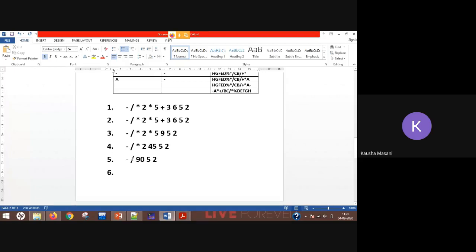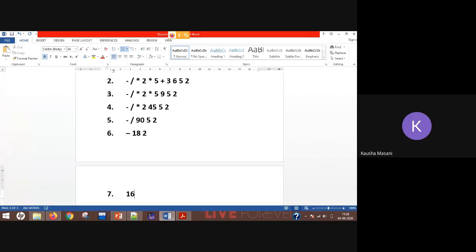Alright, now the immediate operands to the right hand side of your divide are 90 and 5. So 90 divided by 5. Alright, so here it will be minus, and 90 divided by 5 is 18, correct? And 2. And the immediate operands after minus are 18 and 2, so 18 minus 2. So your final answer is 16. Got it? I am following the table method, just I am not creating the table. I am just visualizing, and this is the fastest way in terms of your MCQs.